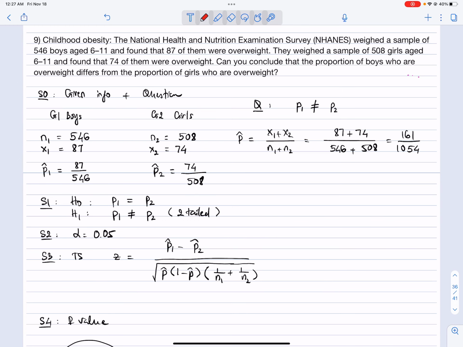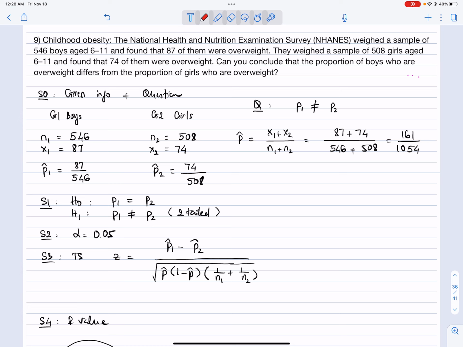This is problem number 9 in section 11.2, National Health and Nutrition Examination Survey. Weight a sample of 546 boys aged from 6 to 11 and found that 87 of them were overweight. They weighed a sample of 508 girls aged from 6 to 11 again and found that 74 of them were overweight. Can you conclude that the proportion of boys who are overweight differs from the proportion of girls who are